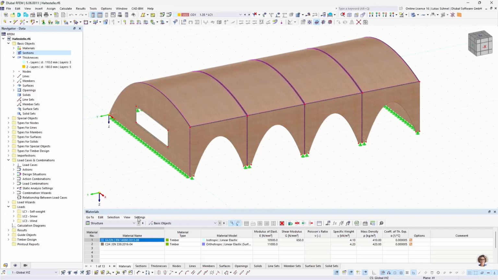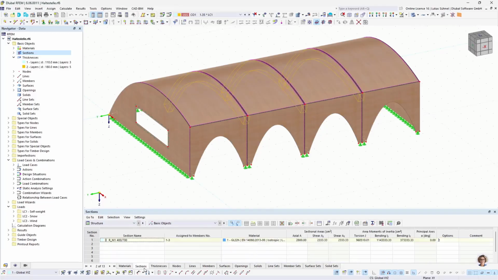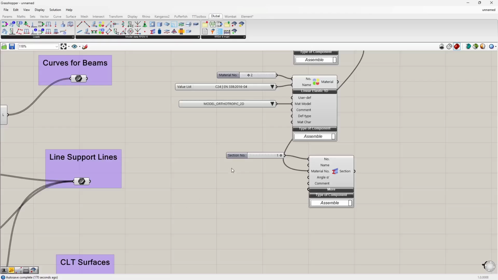The name is quite easy. It's an RM1, a rectangular massive section, and then the width and the height. And I could copy the string and paste it into Grasshopper, or I build it parametrically. The name is just a bunch of strings combined, basically, text brackets, and the name consists of the part